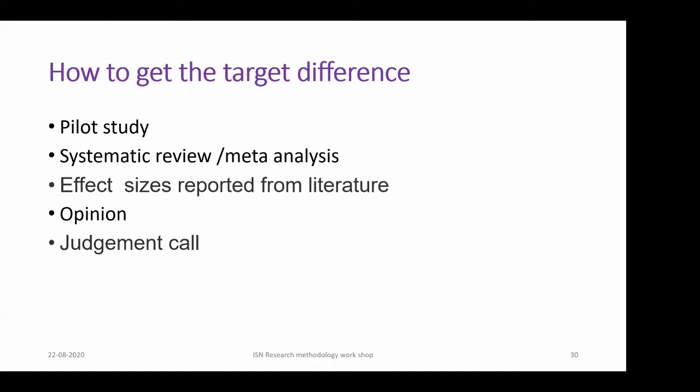And in well-established scenarios, you can depend on the systematic reviews and meta-analysis for helping you in calculating the effect sizes. Then sometimes a few previous studies would have reported. Then sometimes you don't really have any data. You might be just pursuing a hunch, especially when you are doing some pragmatic trials. So in that scenarios, the best way is ask experts. Ask the experts in your specialty. What would be the approximate sample size? And a judgment call sometimes in certain scenarios you will be forced to take, but the problem is, as you know, the judgment can go wrong at any point.